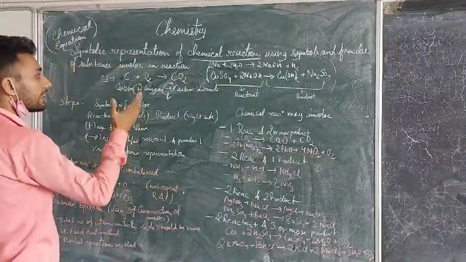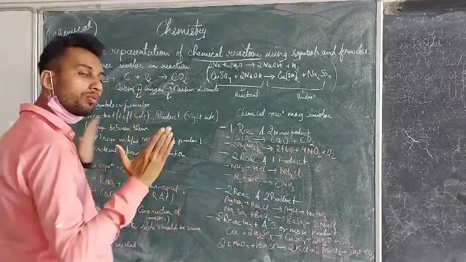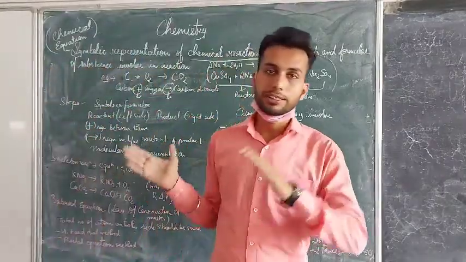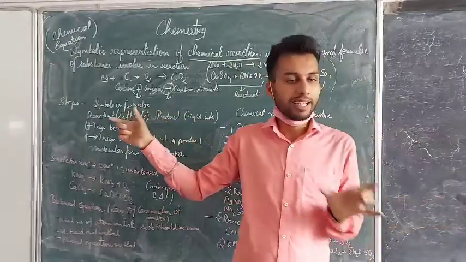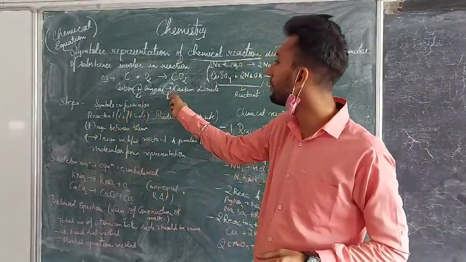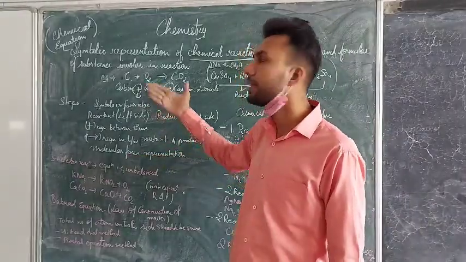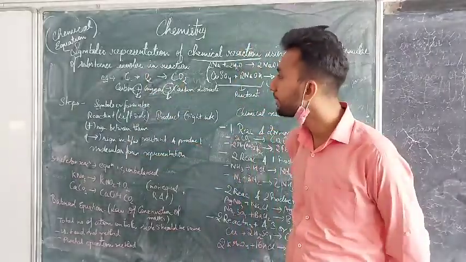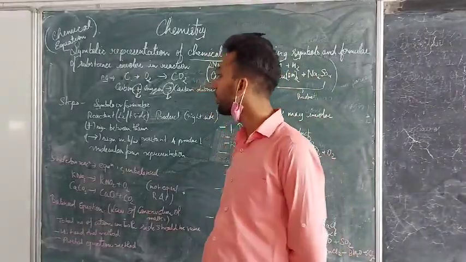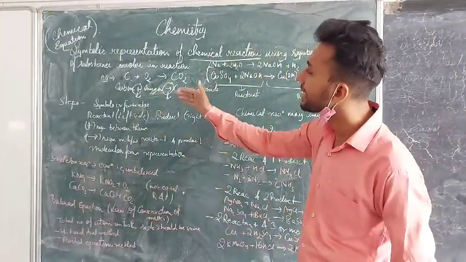And the arrow sign, when the reactant is being completed, that what thing is reacting, and when the product is being formed, in between the reactants and the product, there will be an arrow represented. So in this way, a molecular form of representation will be there, because they use the molecular symbol or the atomic symbol of that particular substance, because it is a stable form of that particular substance.